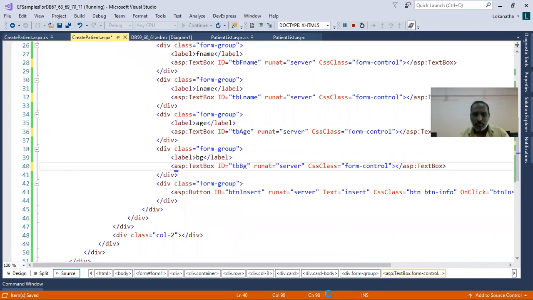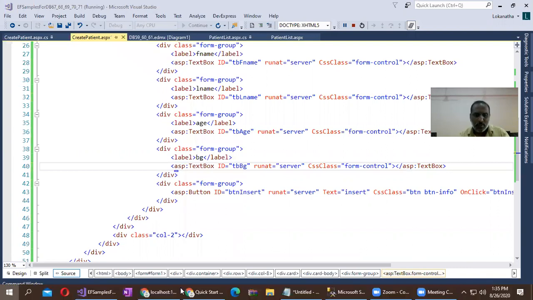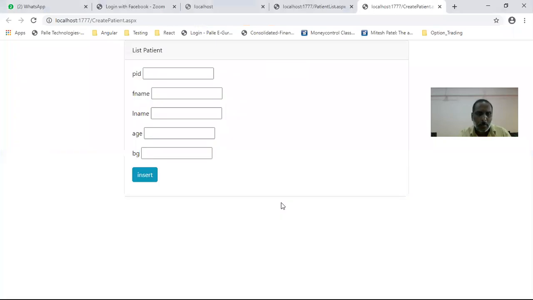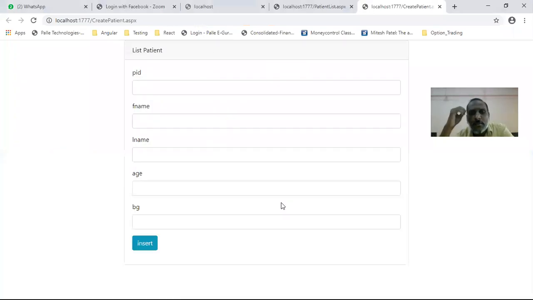Okay, done. Now let us see the user interface. Yeah, so good looking UI is coming. PID, FNAME text boxes, so neatly appearing.